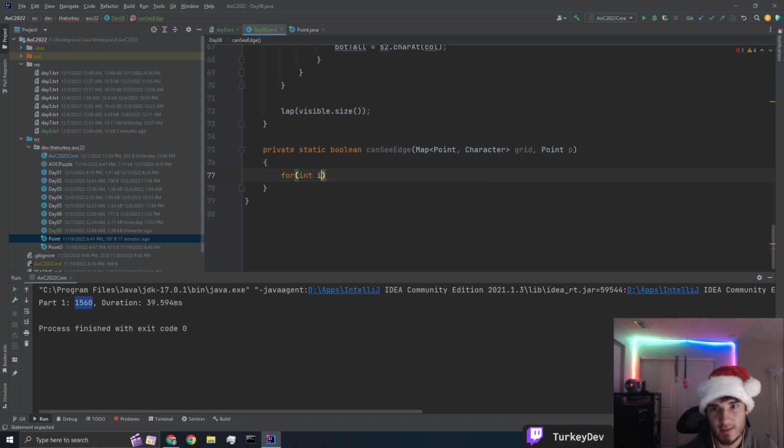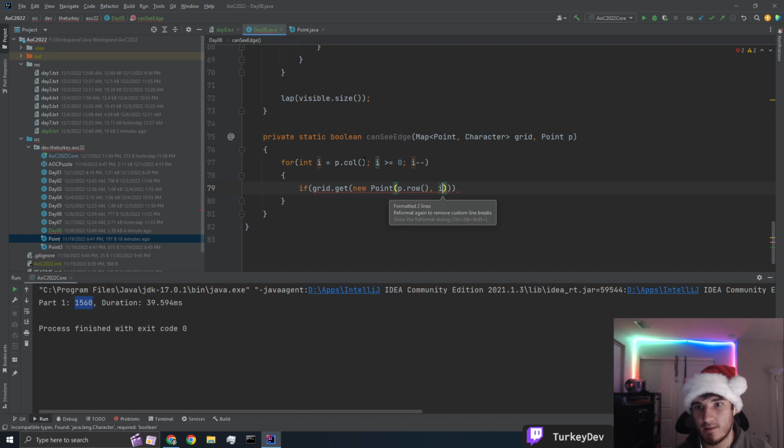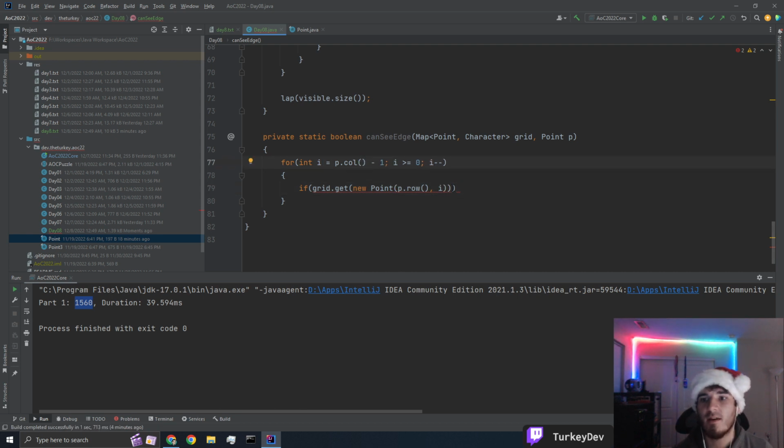So for int i equals p.column, while i is greater than 0, i minus minus, we're just going to do grid get new point p.row, i. So we actually start at minus 1, and we're going to check if this is greater than